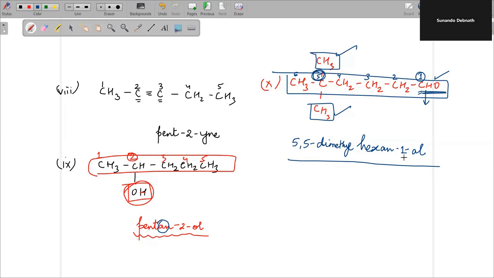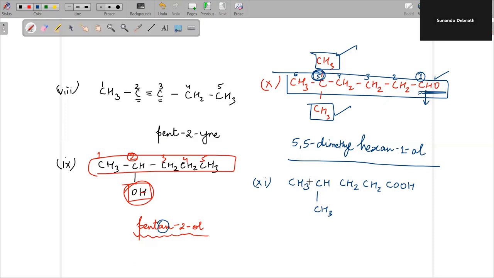कितना भयंकर नाम चल रहा है ना बेटा। Next, do this. CH3, CH, CH2, CH2, COOH, और इधर एक CH3 है।